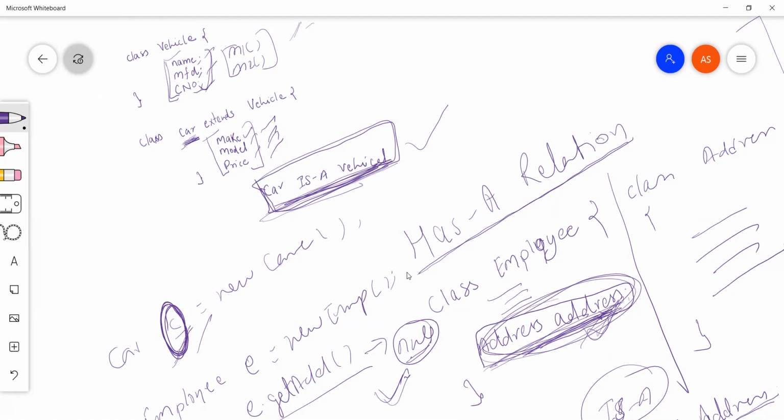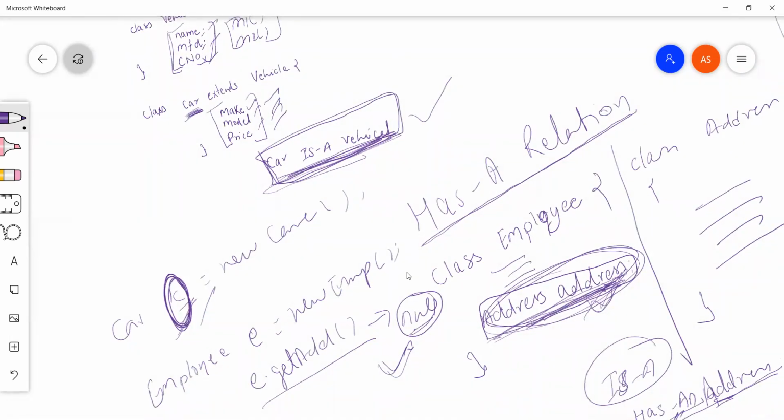So in the same way, in the car class also we can access, right? Which one do you want to access in car? Any variable, maybe name or manufacture date, anything.